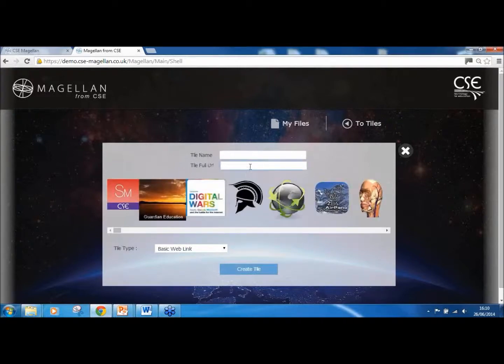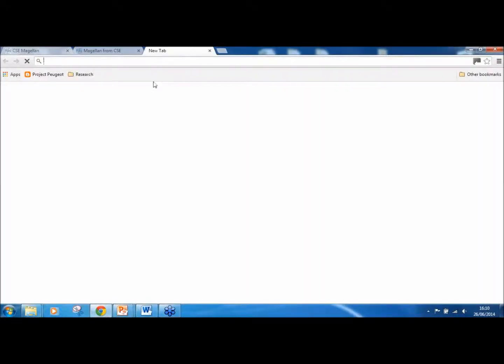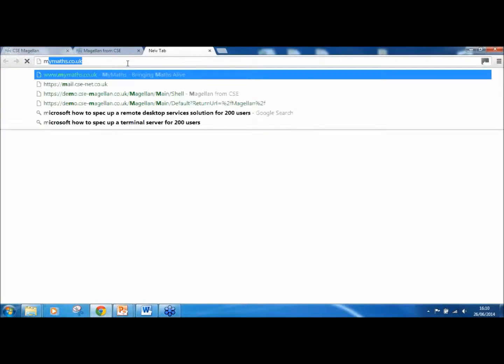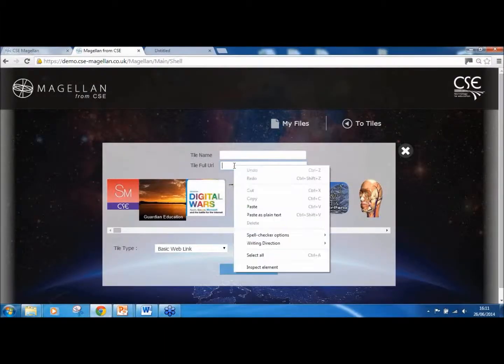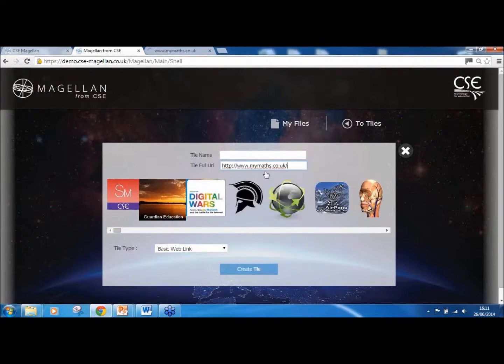It opens a new page and it wants me to populate some information. So I need to put in some details of what I want that tile to link to. One way that I might populate this is I could browse the internet and I could find a site that I wanted to add as a link in my Magellan. So if we search for a popular site, my maths is quite popular in education. What I can then do is basically copy that information from that web page and paste it directly into my Add Tile interface, give it a name